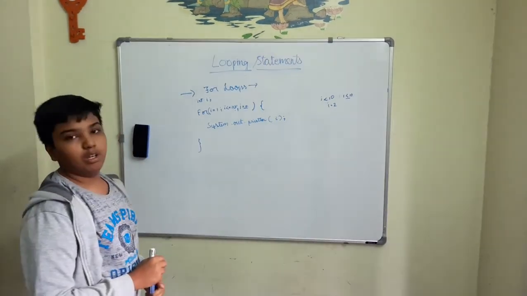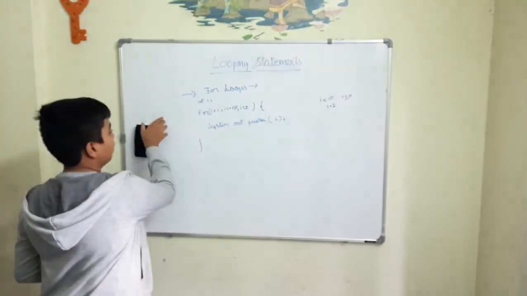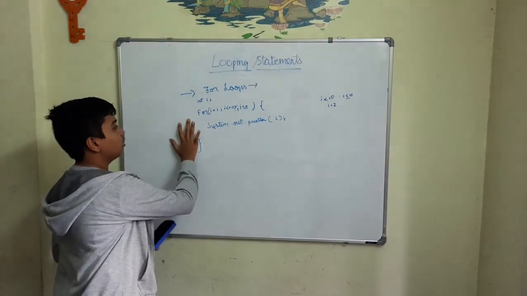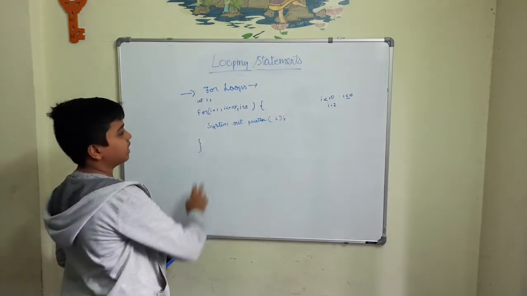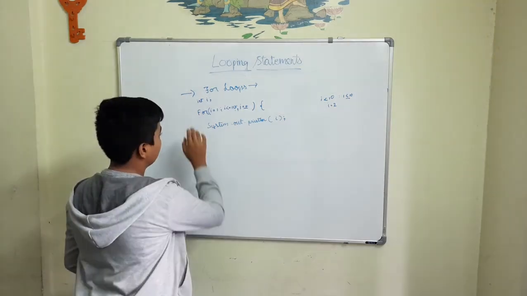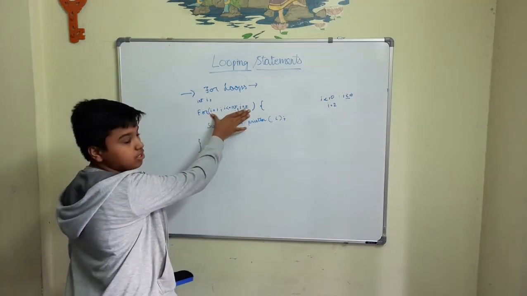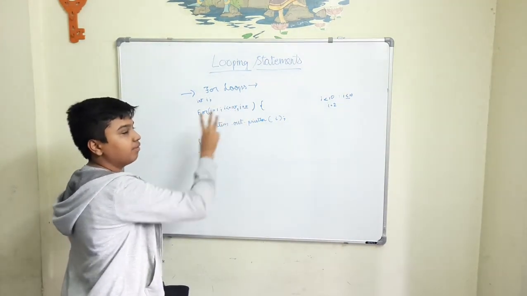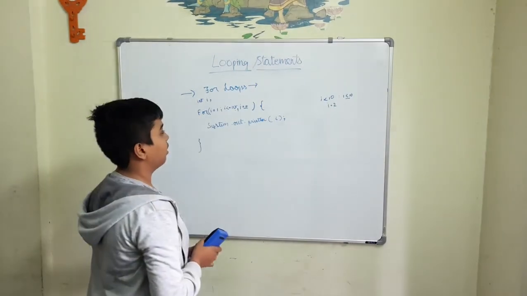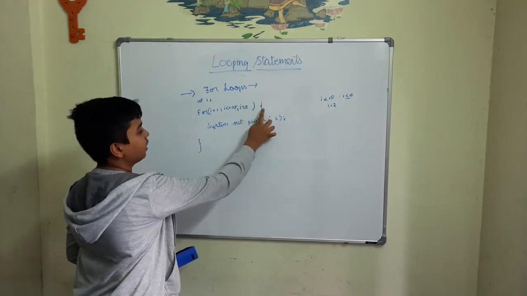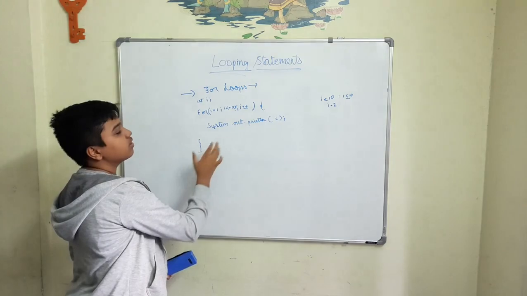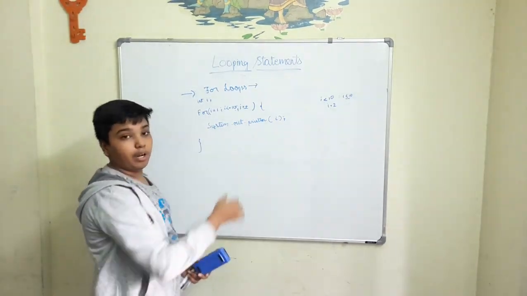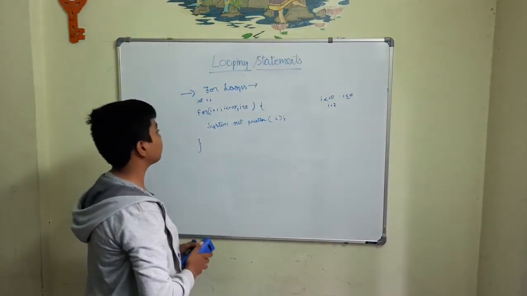Now let's get to the while loops. So this is the for loop. For the for loop, the basic syntax is for, then the parenthesis, which takes a maximum of 3 parameters, then open curly braces, close curly braces, and in between that, whatever program you write will run.